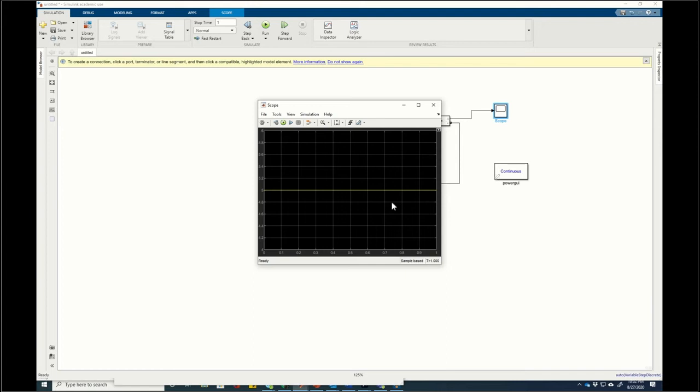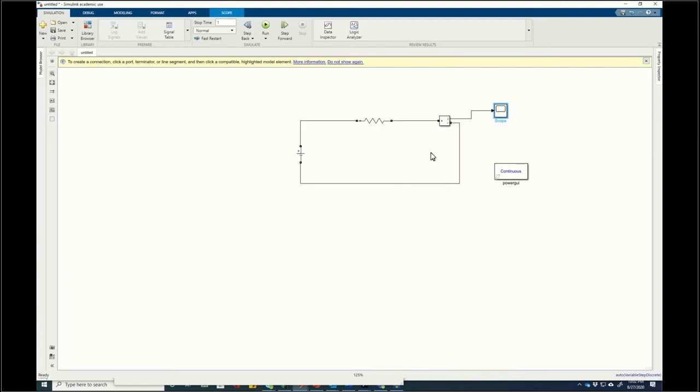direct current means that with respect to time, the value of any voltage or current will not change. But a sinusoidal will be oscillating in nature. That's what we'll see in the next coming slides. So how did we get to the value of current equals 5 amperes? Is by simply using